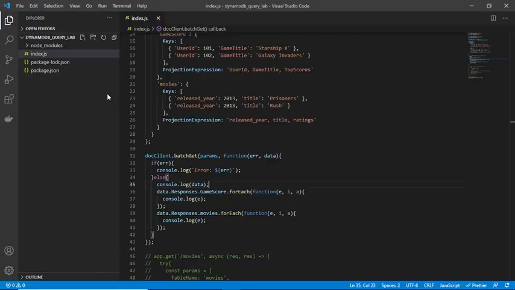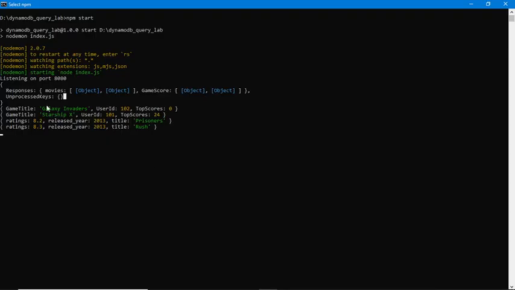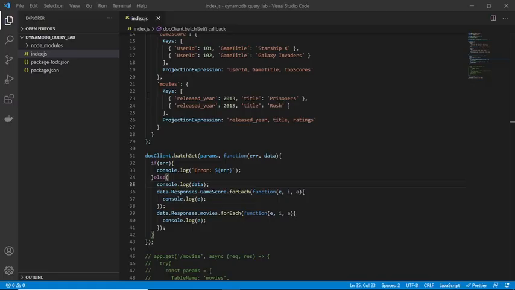So again here I like doing some looping to get readable data. In the Responses object I am having my two objects for my two tables.